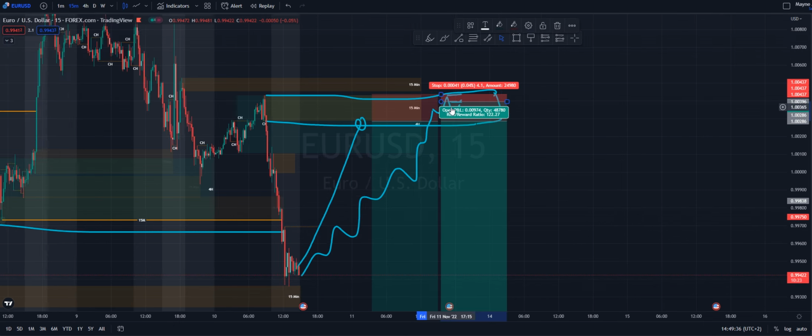Alright, 4 pips, and now we're looking at a risk to reward ratio of 1 to 122, right, which is